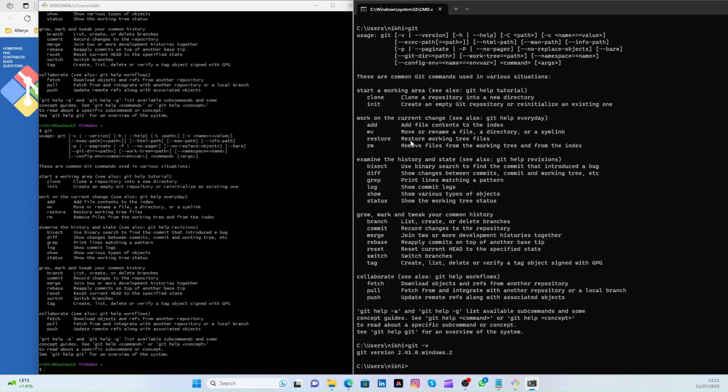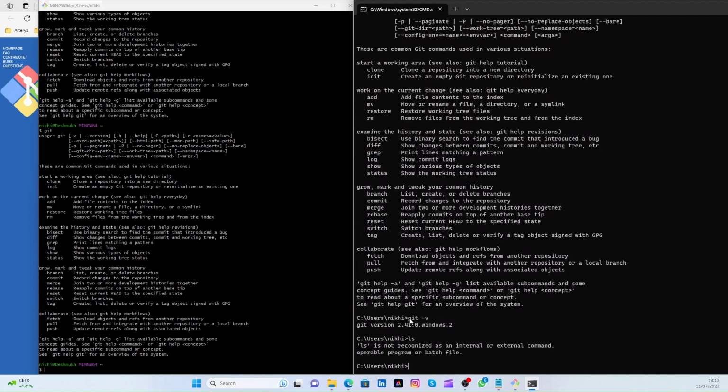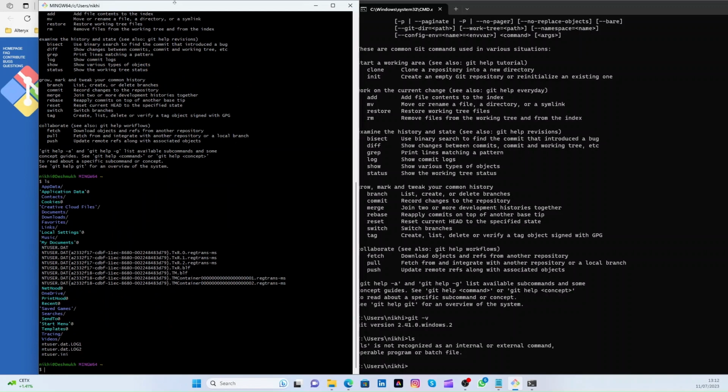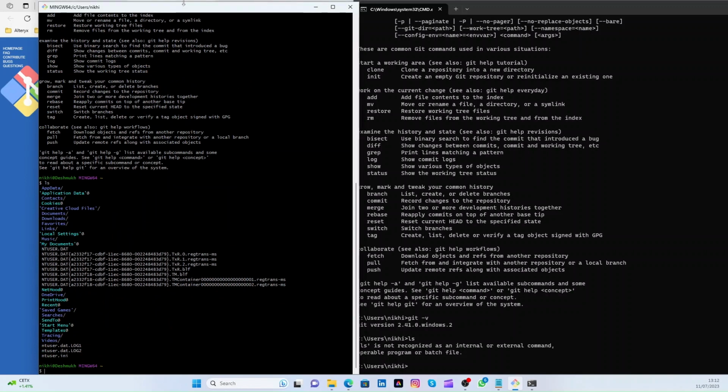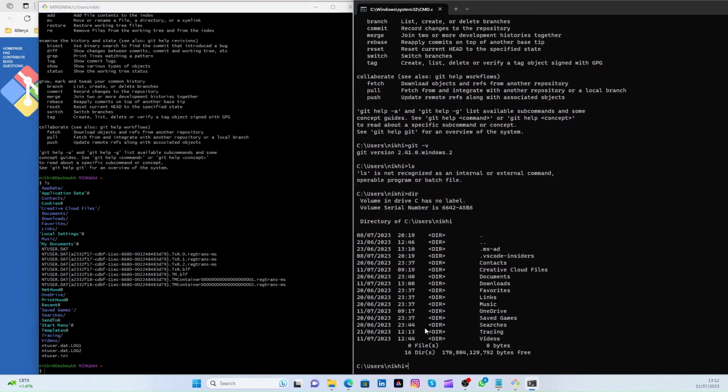Now let's try. Since we are on Windows, let's check ls here. I think it will work here. ls will list all the directories. If I want to check dir,